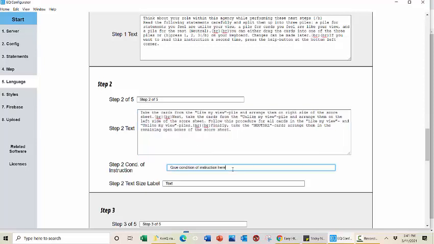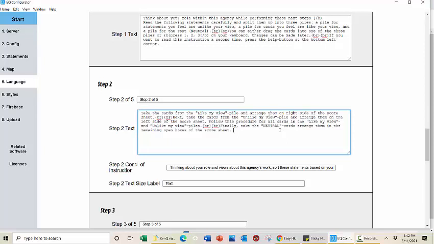And here we have a place for our condition of instruction, and I'm just going to reiterate this. So thinking about your role and views about this agency's work. And I'm going to just say, sort these statements based on your viewpoint. I like to also often say that there are no right or wrong answers. So maybe I'll do that over here. I don't remember what BR is. Well, I took courses in HTML. I don't remember. So here,